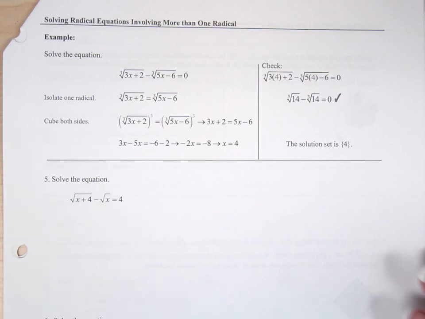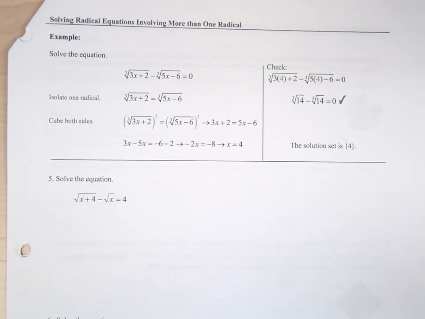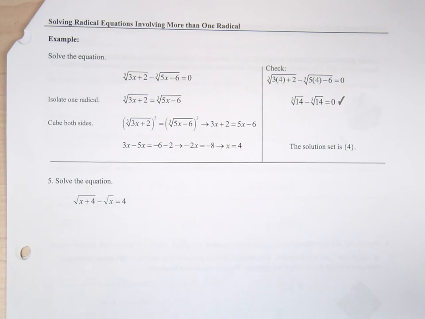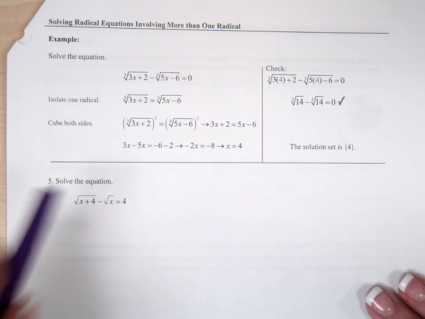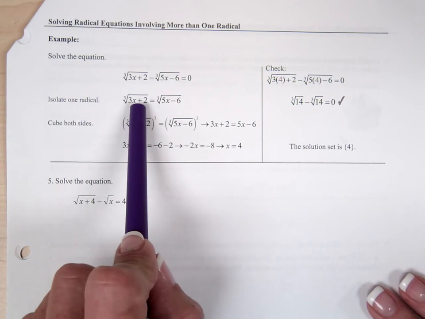Okay, this last video for today will finish up the last two pages of 6.7, page 11 and page 12. In this section, on this page, we will be learning how to solve when radicals are on both sides of the equation. So anytime you have a radical on both sides of the equation, you always want to isolate one